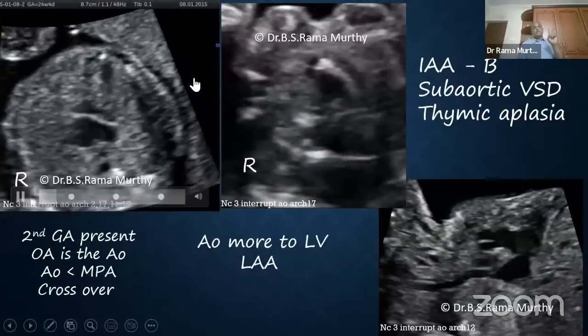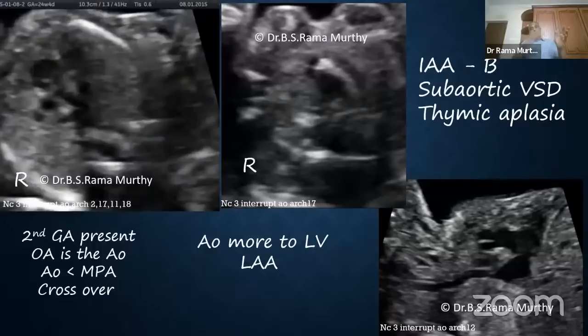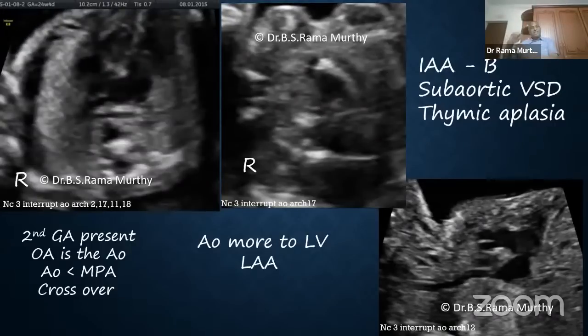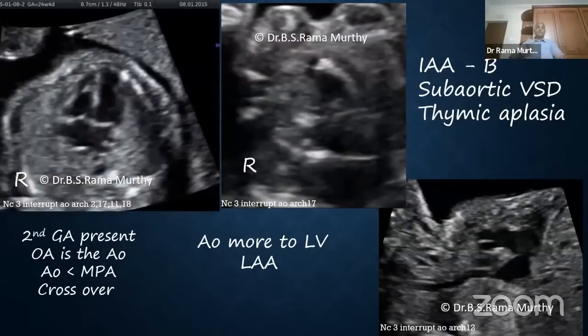So we finished two cases of DORV. You show multiple cases, but I thought I'll limit to one with crossover, that is the top type of DORV, one with parallel arteries, that is the DTGA type, the pulmonary stenosis, subpulmonic VSD, Taussig-Bing anomaly. Now here, this is an interesting case again.